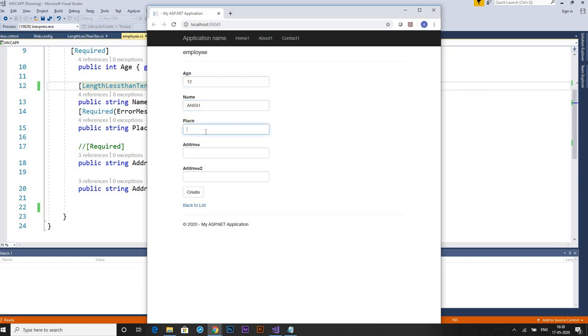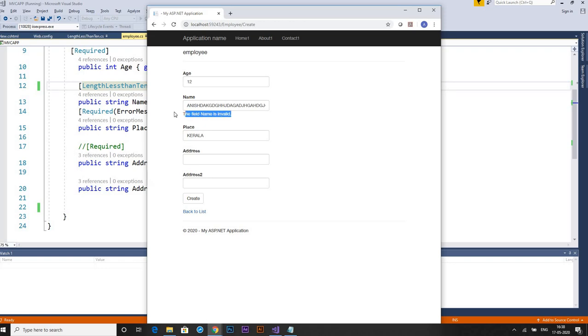Yeah, I applied my attribute to name and I was trying in place. That was the problem. So here I give more length. I got a message, field name is invalid.